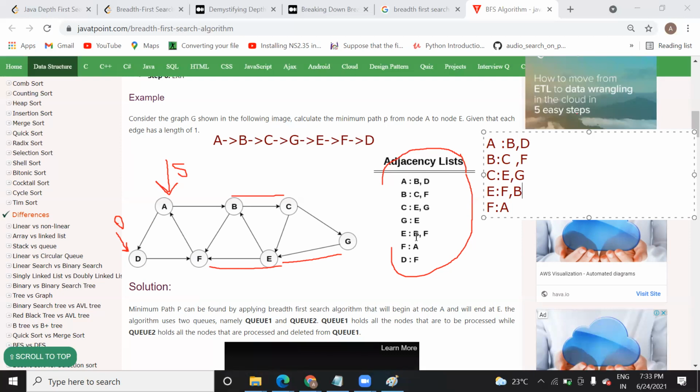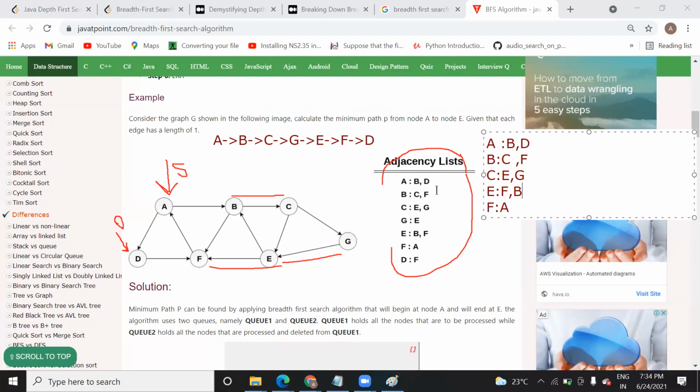First input goes out as the first output. Whichever you inserted first, you will remove first. So if you inserted B first, you will remove B only.